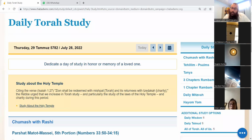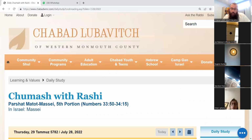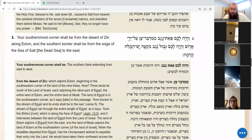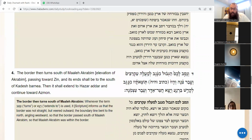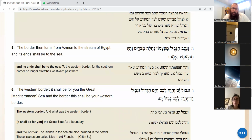With Hashem's help, we will be able to understand this inside. I think we're holding 34:4. Let's just go there. Yes, we did 34:4 yesterday. We're holding 34:5. "Nasav HaGvul," and then the border turns, "Me'atzmon," from the city of Atzmon I just showed you, "Nachla Mitzrayim," to the stream of Egypt. "Hayu Taitza Oisav Yama," and that tip, the end of the southern border, will be at